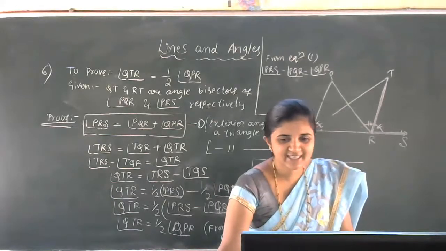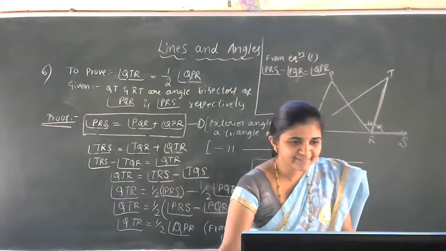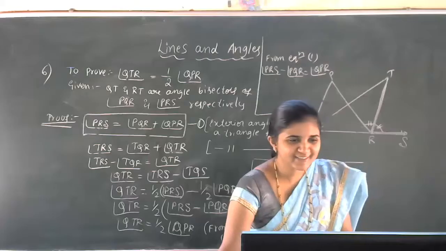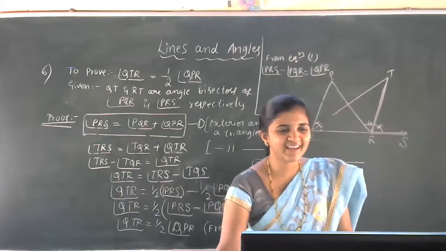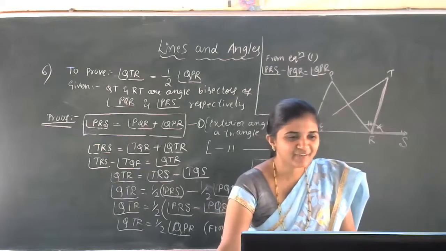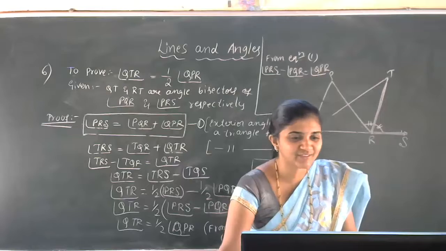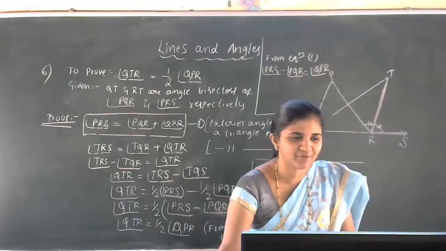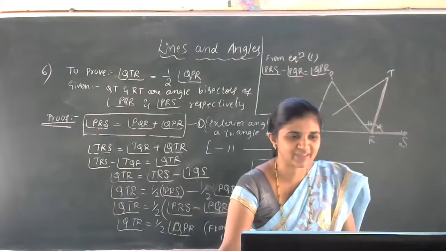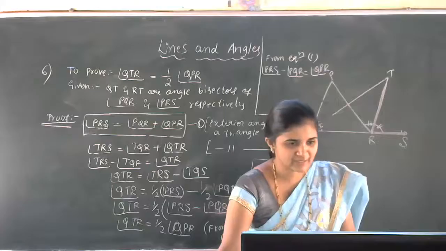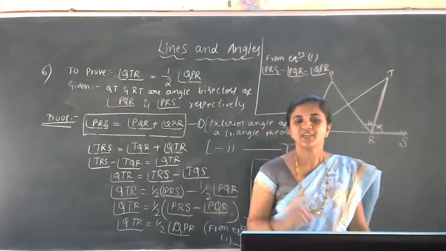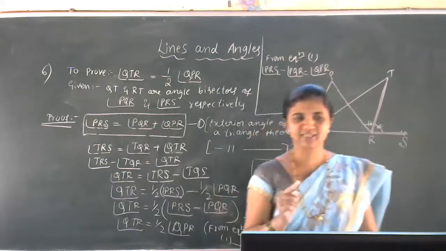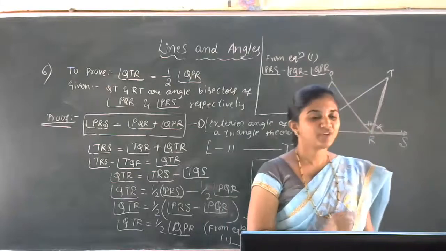So we can give the concluding statement that the lines and angles chapter is over. If you are all present in the class, then after finishing the class, what would we do? Clap, no? So now in your home only, just clap for yourself, because we finished one chapter. Can we say that the lines and angles chapter is finished, or do you have any doubts? If you are having doubts in the lines and angles topic, then the chapter is not over.